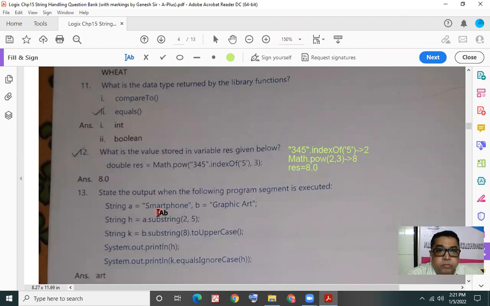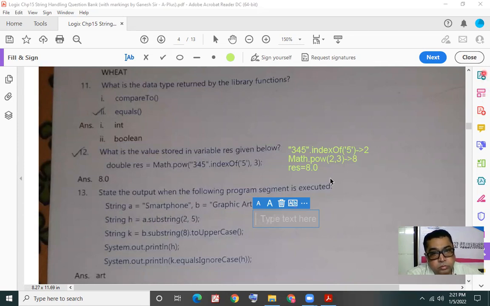String A has the text smartphone and B has a text with a space in between. String H is where we have used a method A.substring(2,5). So we have to see the result of this.